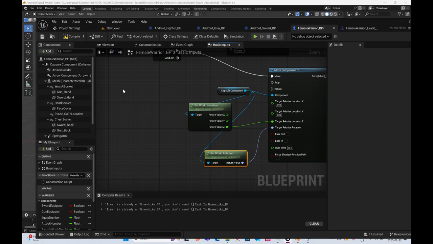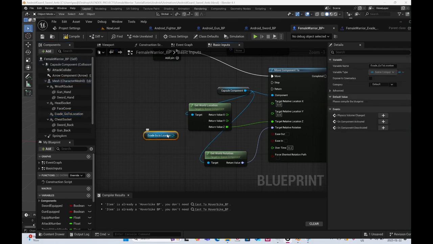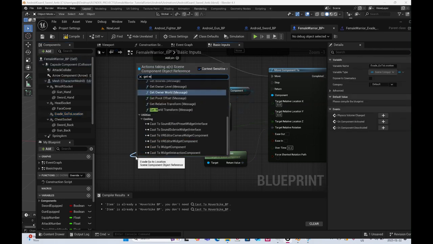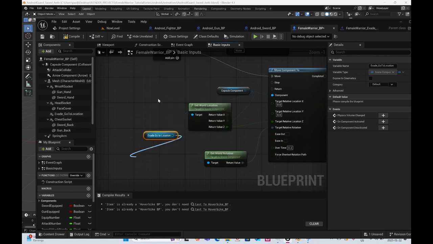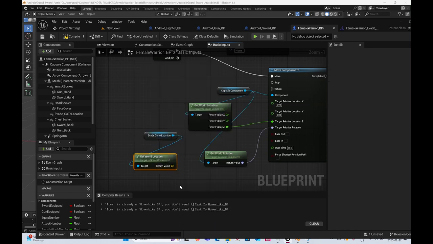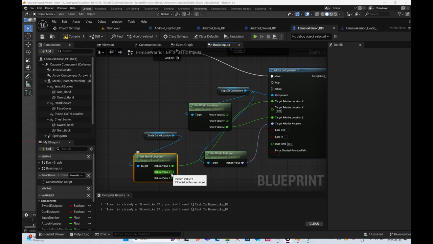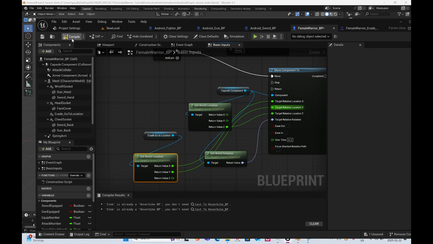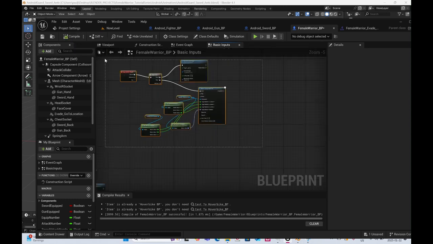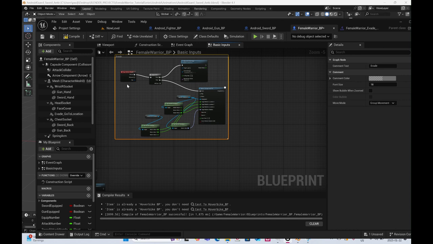The thing that's going to change is the go-to location that I just created right here. So get world location, split pin, and then I'm just moving it in the X and Y. So I want to compile that and just try it out real quick. Actually, I'll go and call this evade, compile once more,